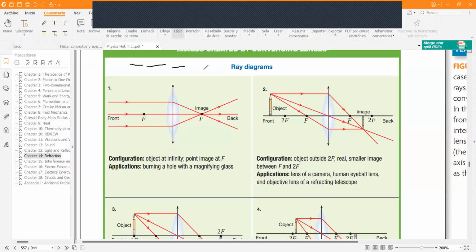So what do you see in a mirror? Imagine that this is a mirror. This is the reflective surface. In a mirror, this light ray is going to strike the surface and be reflected. This ray, you can see it, but what happens in the back, you're not going to be able to see. That's why we use a dashed line in the back of the mirror. In this case, it is different